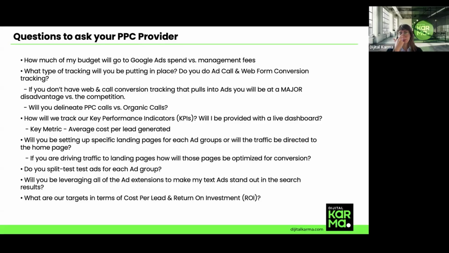The second question is, what type of tracking is in place? What do they track? Phone calls, form submissions, chat conversations separately. They should tell you how many leads come from search engine optimization, Google Ads, from Facebook, or from other sources, even email marketing. Most importantly, do conversations actually track back to the ad campaigns and keywords that generated them? Are they optimizing your campaign with that tracking info?